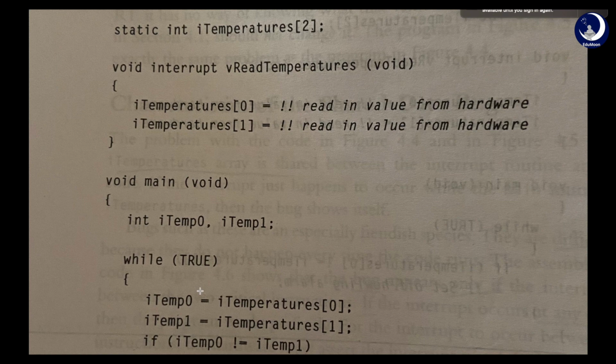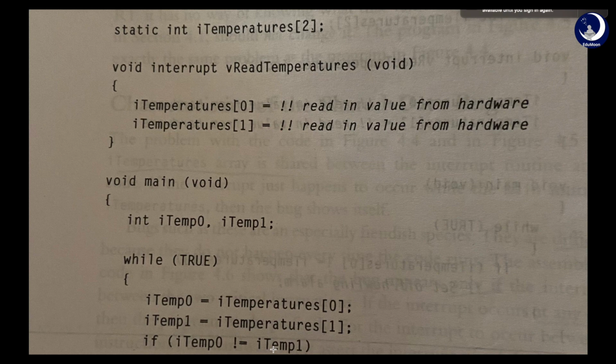The moment it changed from 70 to 71, if you're having an if condition, when the microprocessor compares I temp 0 and I temp 1 in the next line, they will differ. And this system will set off the alarm even though the two measured temperatures were always the same, because of a small bug in this code.